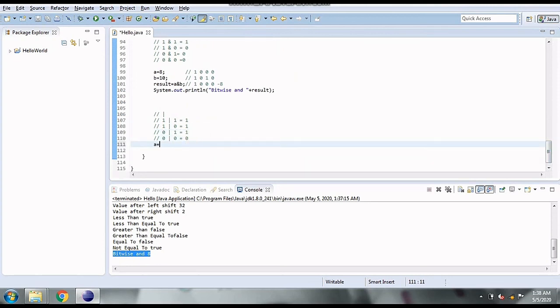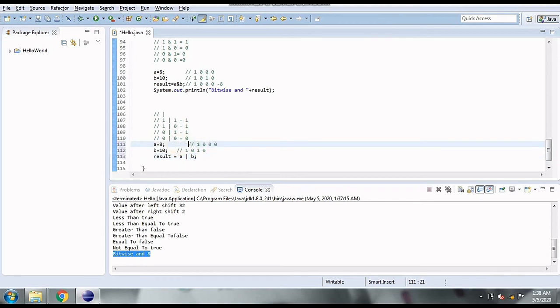A is equal to 8, which is 1 0 0 0, and B is equal to 10, which is 1 0 1 0. So in result we'll print A or B, which is bitwise OR.